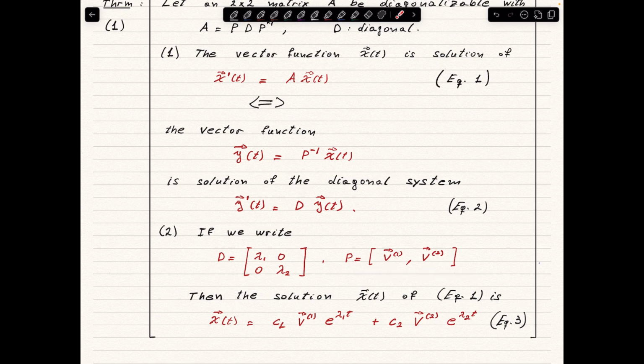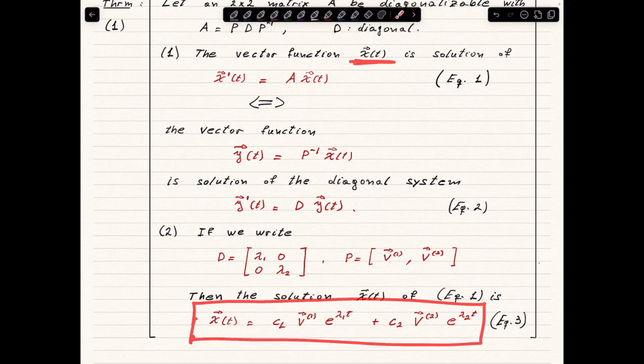We know from previous videos that when P and D are written in this form, then lambda 1 and v1 are an eigenvalue and eigenvector of the matrix A, and lambda 2 and v2 are the other pair of eigenvalue and eigenvector for matrix A. If we write matrix D and matrix P in this form, then after you solve this equation, what we can prove is that the solution x of the differential equation can be written in this form,